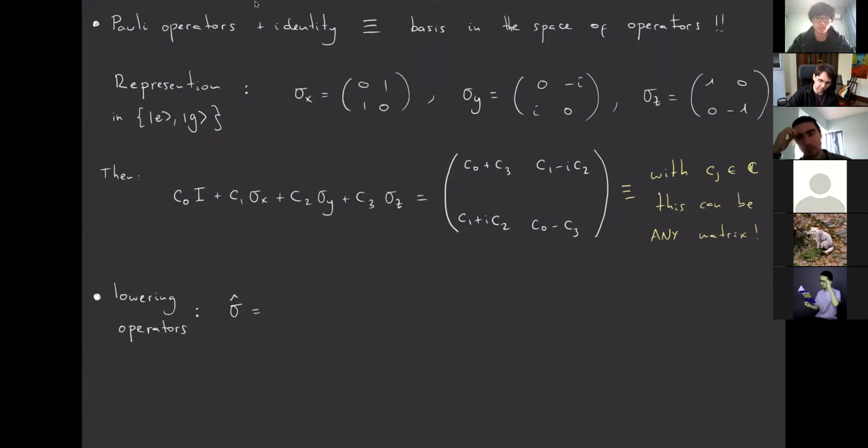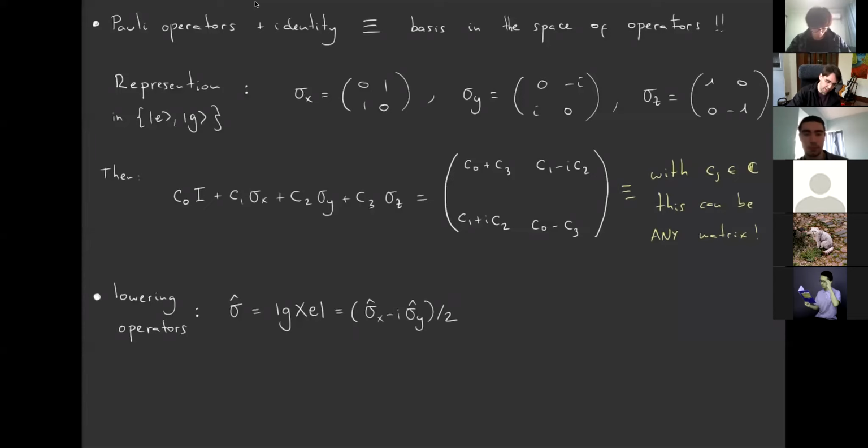This is the operator that creates a transition from the excited state to the ground state, okay? So it's this outer product that brings you from the excited state to the ground state. Now, in terms of the Pauli operators x, y, z, this is just written in this way,